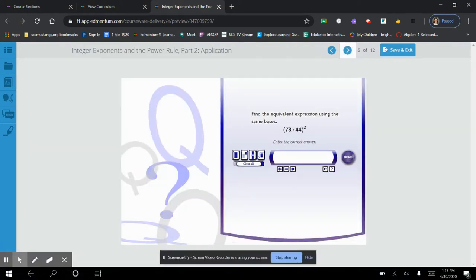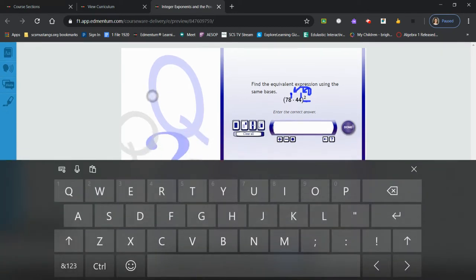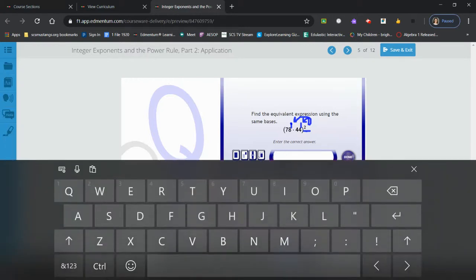So looking at the first problem that they give us, they want us to find the equivalent expression using the same bases. So this is them again saying, hey, don't put this in the calculator and tell us what the answer is. Use the rule that we just talked about. So if we look, we've got two separate bases, and we've got an exponent here. The exponent for the 78 and the 44, they both have an exponent of 1. So all they want us to do is practice distributing that to the second power to the inside of those exponents. So whenever I type in my answer, I'm going to type in 78,